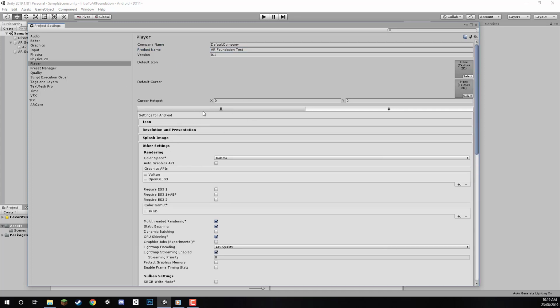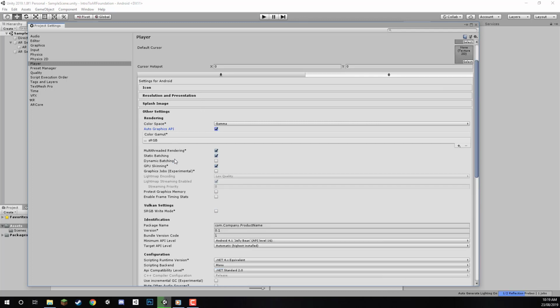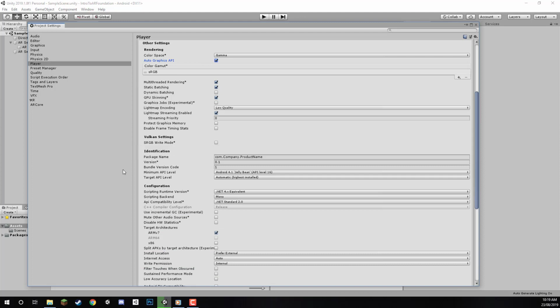Let's open up other settings, and what we want to enable is Auto Graphics API here. We then want to go down to where it says package name, and in here we want to change this to our unique identifier. Now, a package name for Android is basically a way for the device to uniquely identify your app, and the format for this is normally